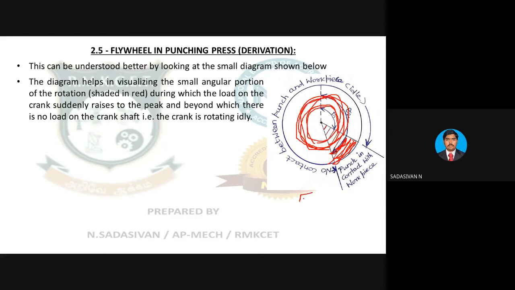Let us say 500 watts of energy is required for cutting a hole on the material, and 5 seconds is taken for one full revolution, you will actually need a 100-watt motor only. This is just an example, 100 watts only. But the actual contact time is very less.